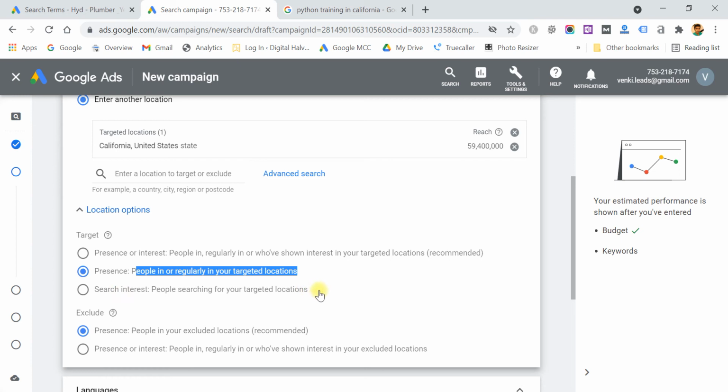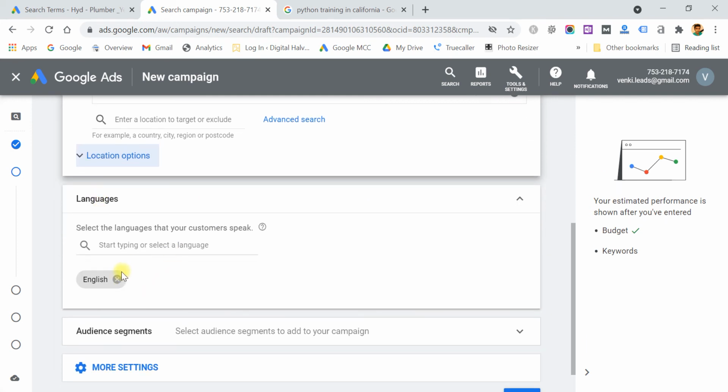If we select the third option, people who are residing outside our targeted location but have interest in our targeted location can see our ads. With this option, people who are residing in or outside our targeted location both can see our ads. Depending on your objective or service, you can choose any one.